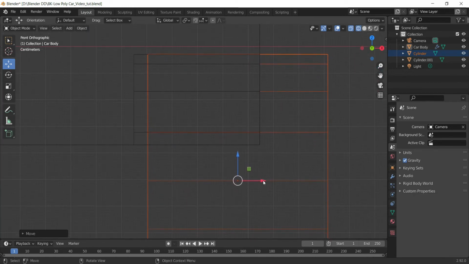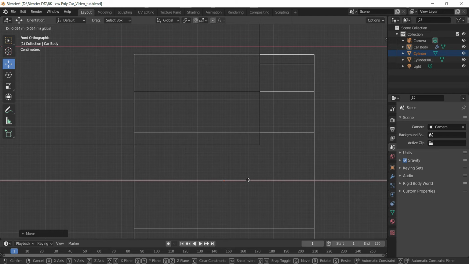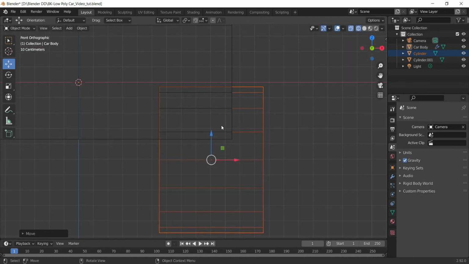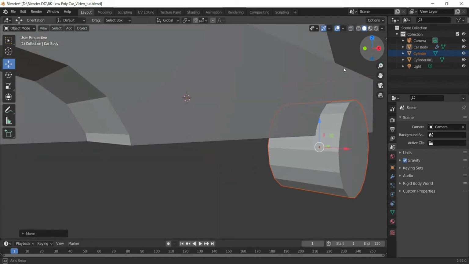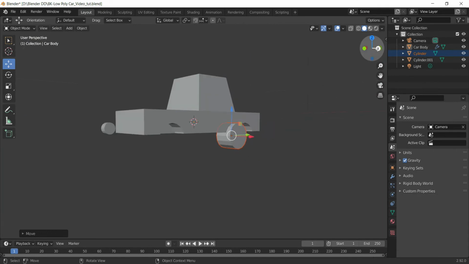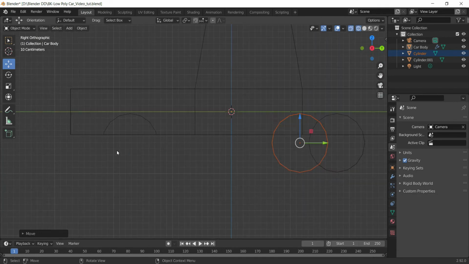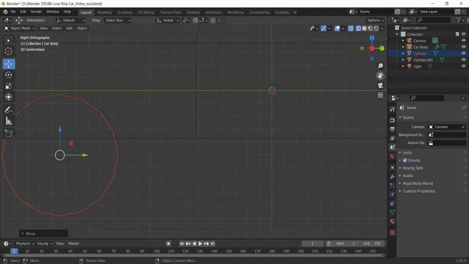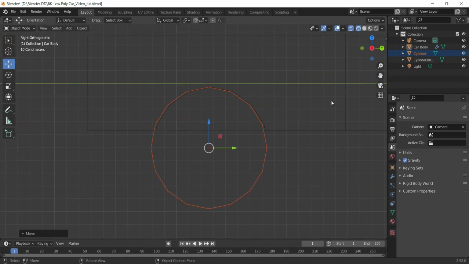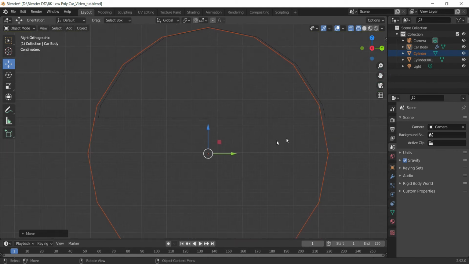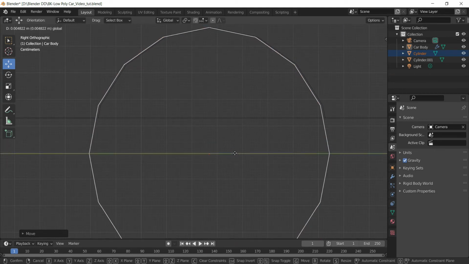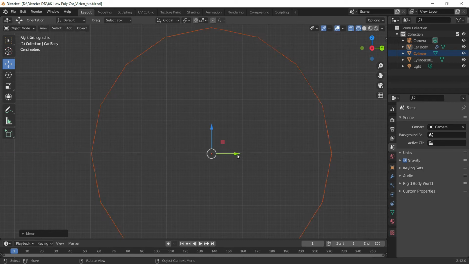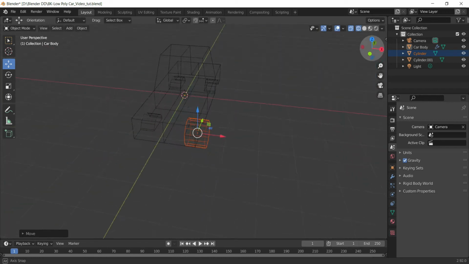Like this. All right. Okay, so this needs adjustment from side as well. So let's zoom in and place it here. All right, good.